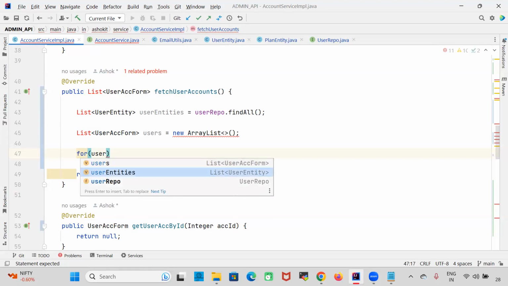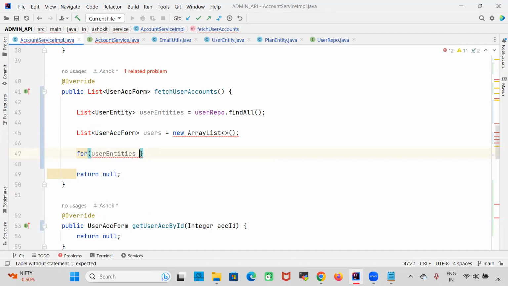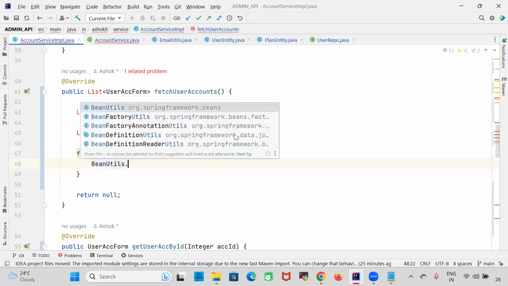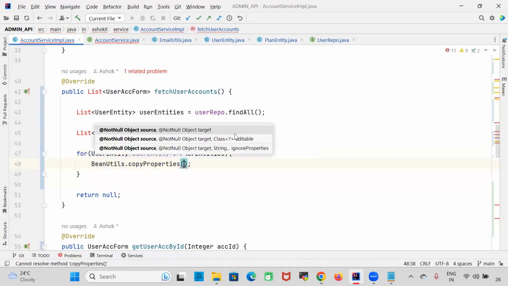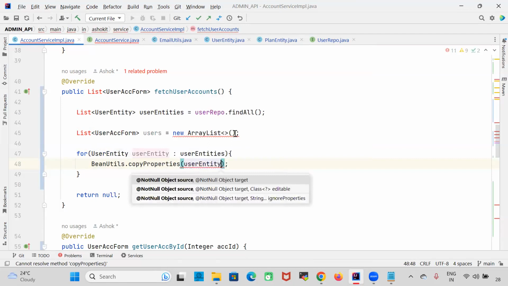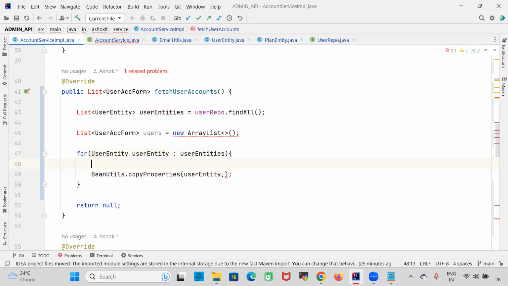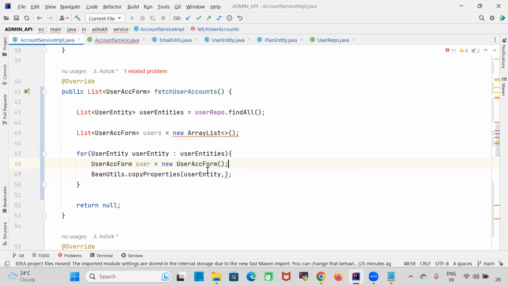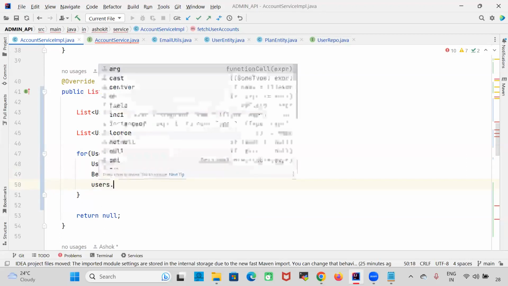User entities are available, right? User colon user entities. So I want to take each user entity object from the user entities we are having. Then BeanUtils dot copyProperties of user entity. Each user entity object I need to copy into user form binding. Okay. So this is one user is equal to new user. From the entity, I'm taking the user data. Then I will add users dot